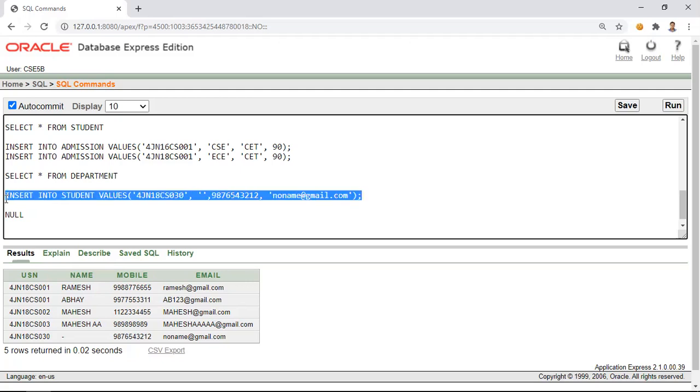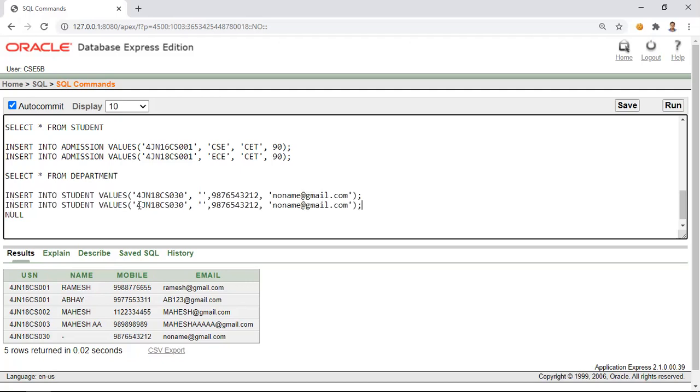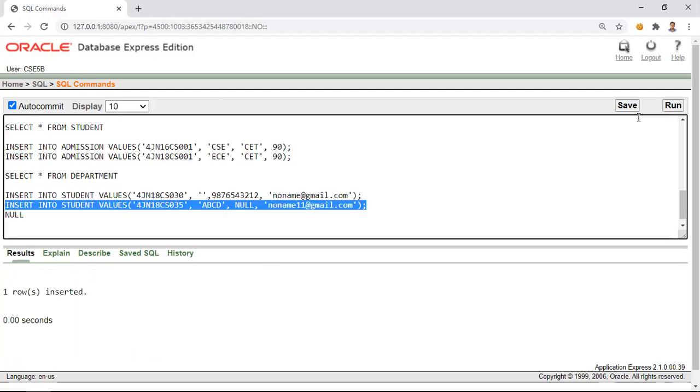So how to specify a null value? Let us insert one more. So here let us give some name and mobile number. For some reasons we don't know, so what we can do is we can specify it as null. So let us try to run this.